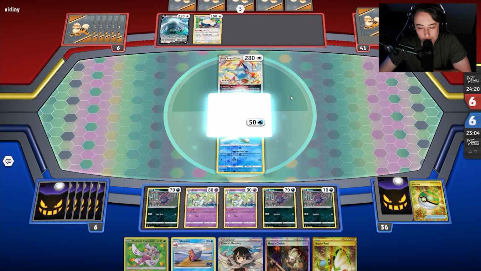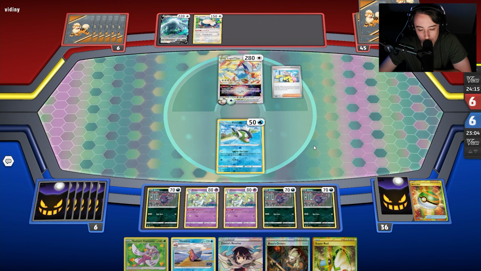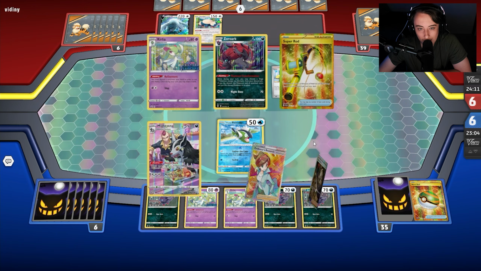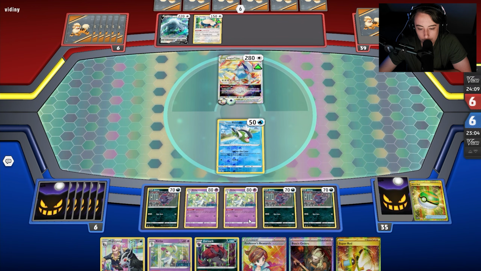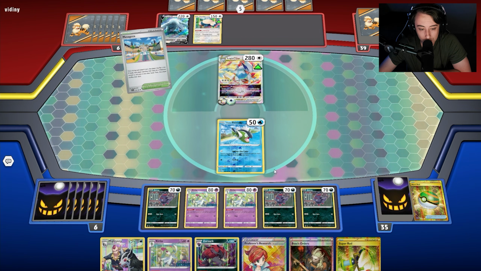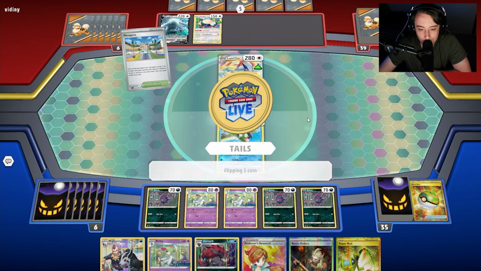There's the Lugia. Attaching an energy, there's the Iono. Our hand was looking pretty clunky, so I'm actually quite okay with that. And we are able to draw into an even better hand, as we do have access to Zoroark, we have access to Mezagoza now, we have Research. So quite a few things that we can actually look for. So